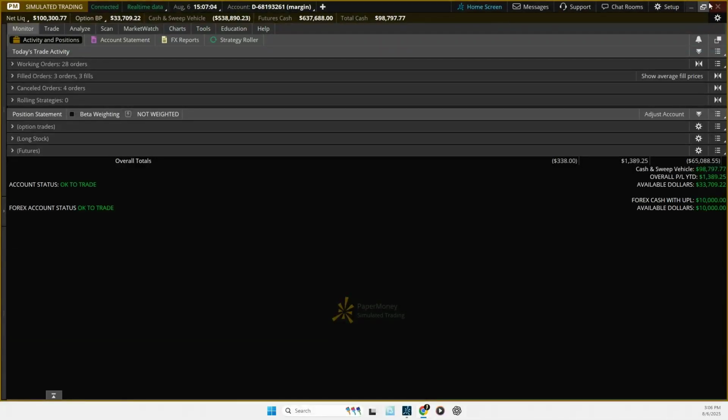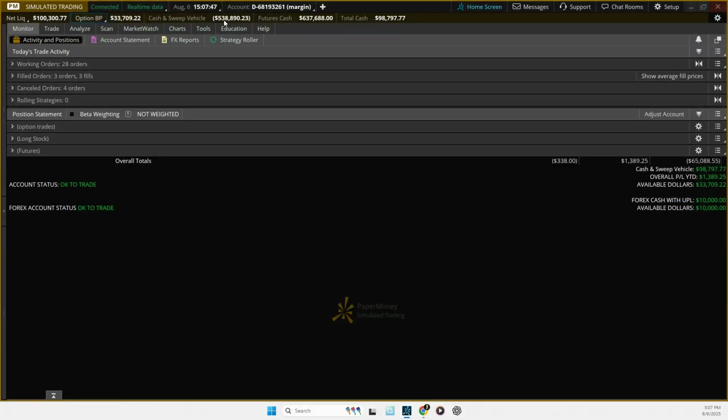Let's say plane here. On the second plane, we see the net liquidity, which is if I had to close all the positions right now, how much cash would I have? After that, we see option buying power, and I like to tuck away stock buying power under here. So technically, I can see all three. Of course, this number is a duplicate of that. So why did I say three? C2. After that, the cash and sweep vehicle, which a decent way to think about it is showing the amount of cash that you have in your Schwab account right now,